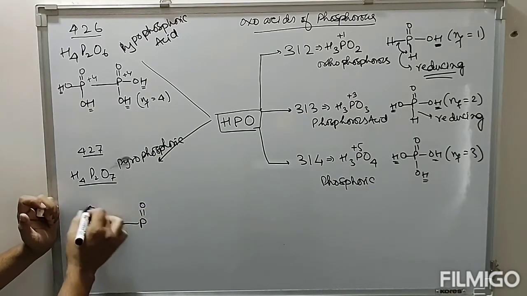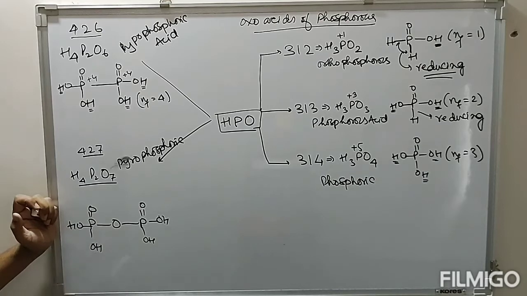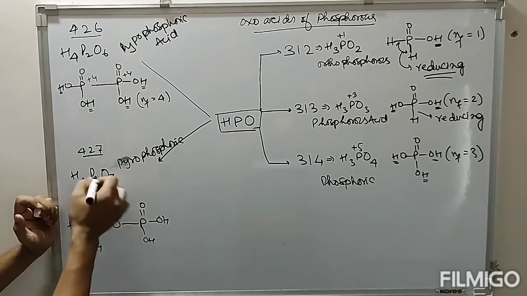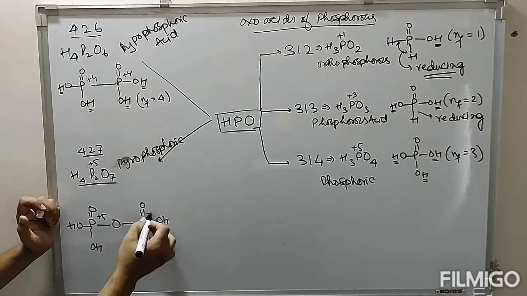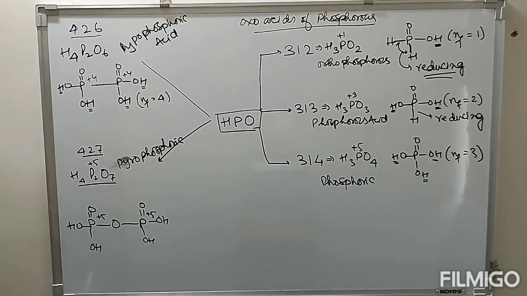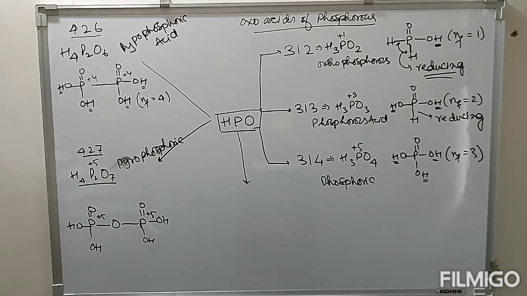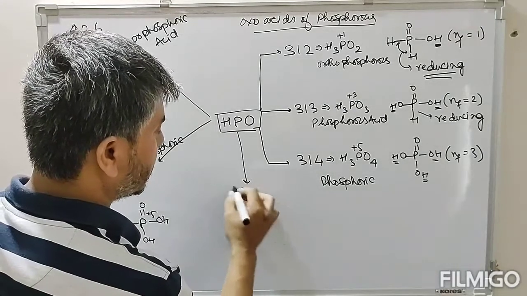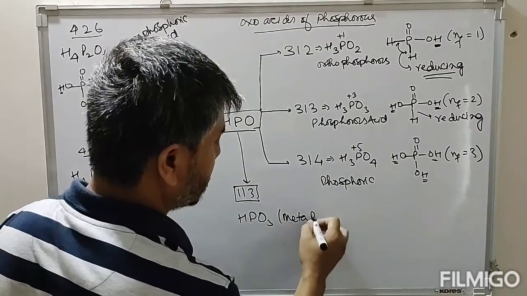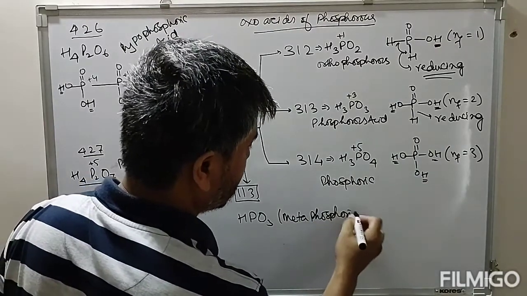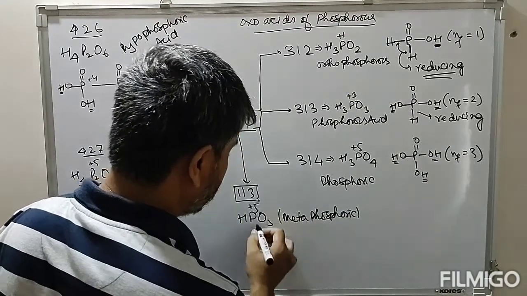Structure: O=P, double bond O, double bond O, OH, OH, OH, OH. The oxidation state here is +5. Both phosphorus atoms are in the +5 oxidation state. And the next one is HPO3, that is metaphosphoric acid. Its oxidation state is +5. So this exists in cyclic as well as